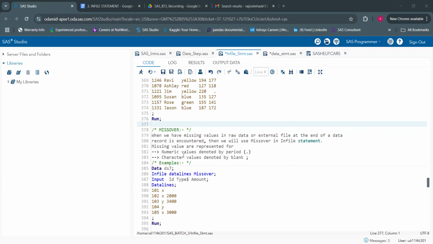Today, we're going to deal with a few other options in the INFILE statement on how to handle data. Whenever we have any kind of external or raw data, like data lines or an external file, and you see some missing data at the end of the line, at the end of the record, if you encounter it, at that moment,